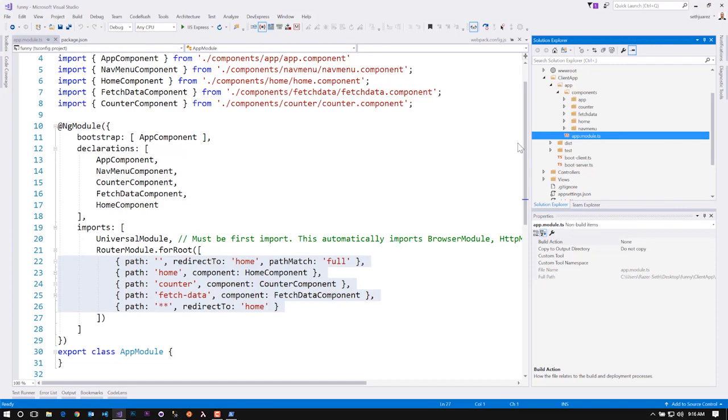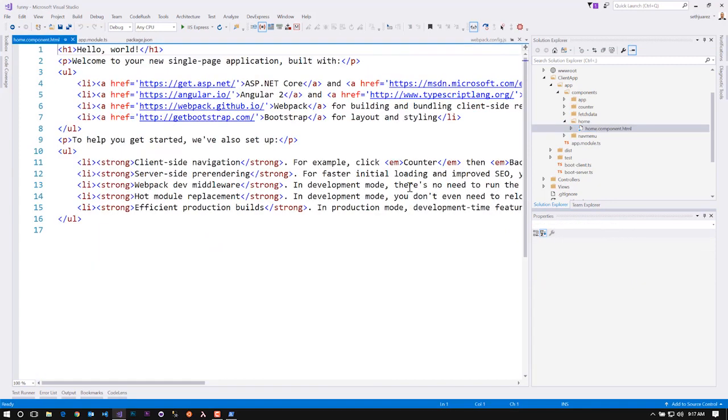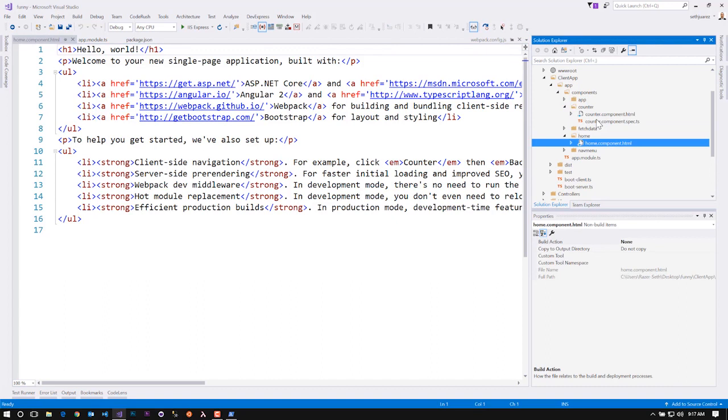I see. So every time we have an empty path, it's just going to route to the home component, which is this thing right here. That's right. So that's the markup that we saw a minute ago. A good one to look at is the counter one because you can see a little bit of logic in that as well. If you expand that HTML file,